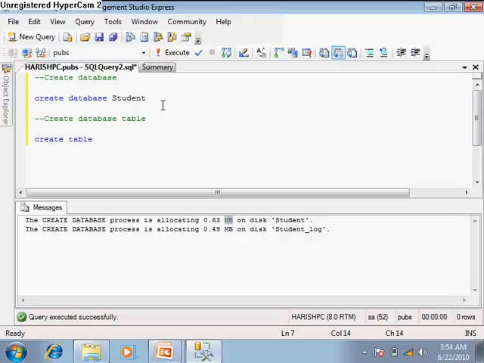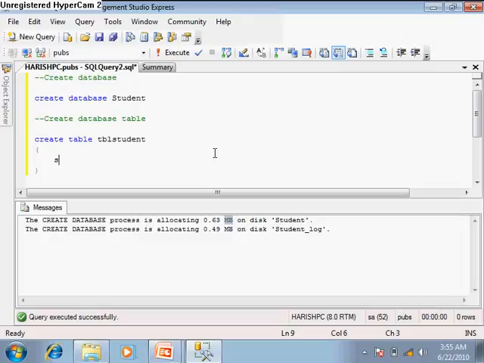Suppose I want to create a table with the name tbl student, then a simple bracket open, and after that we give the columns of a specific type. So we need to write some columns here. Suppose our student must have some